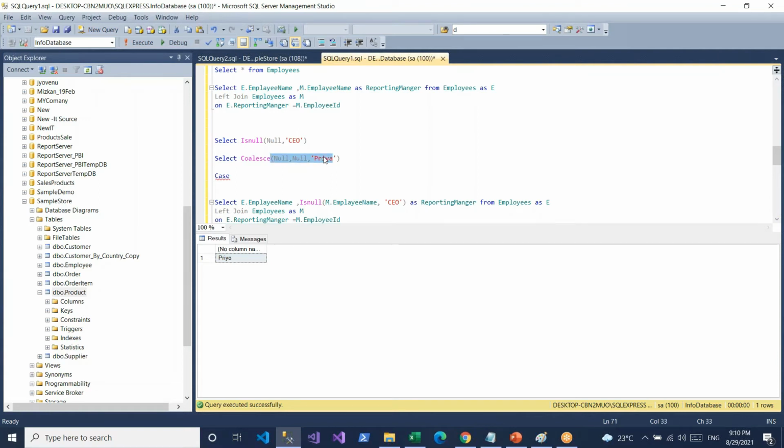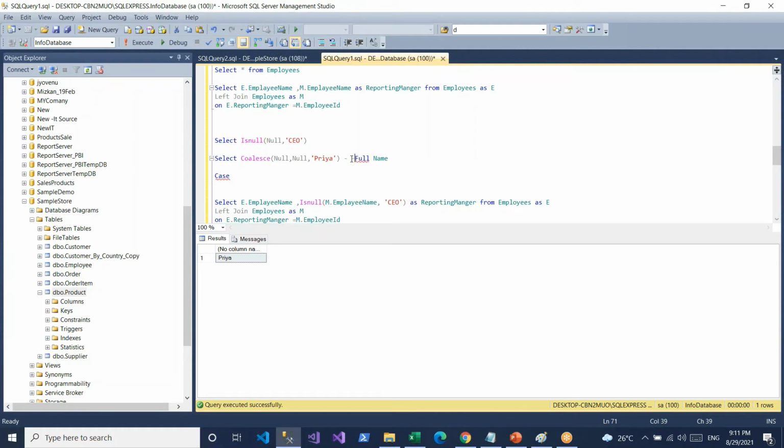We use this in scenarios like first name, middle name, last name. Out of the three names, if any of the people have not given or are missing a first name or last name, we need to get the proper names. So we'll apply this and combine the names: first name, middle name, last name, and make it a full name.